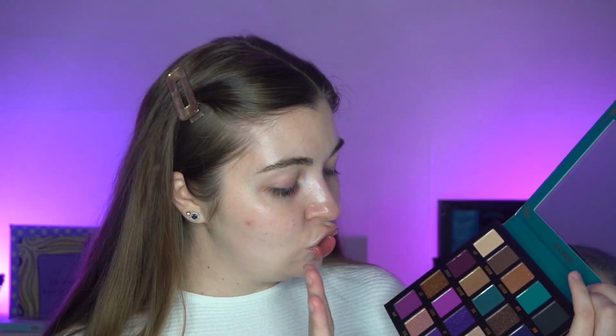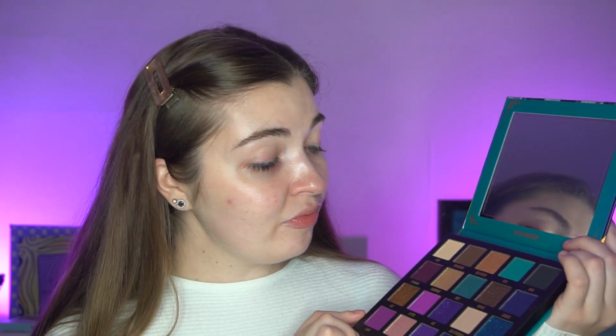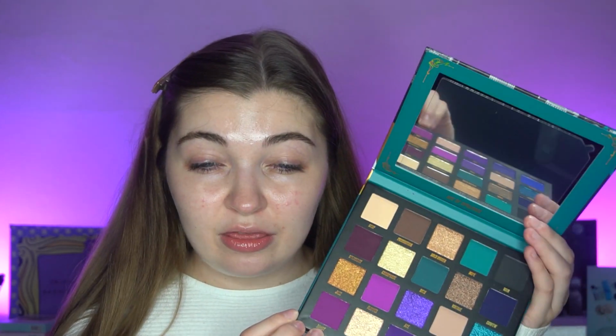I like how there's more than one gold tone as well, like some almost have like one down here, doesn't it? It looks like a gold, but then it's got like a shift of pink to it. There's more of like a bronzy shade. Yeah, really nice. There is a black in here as well. I like how there's a cream shade though. I do appreciate when there's a cream shade in a palette,